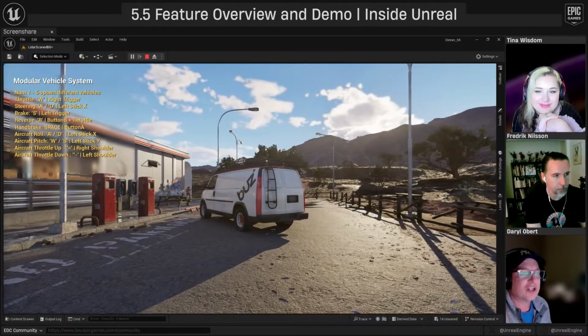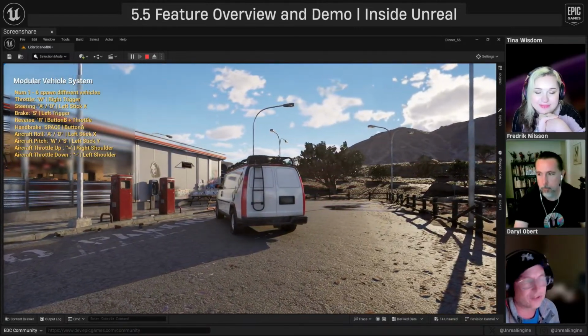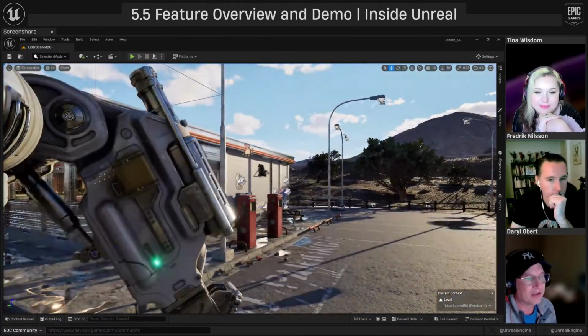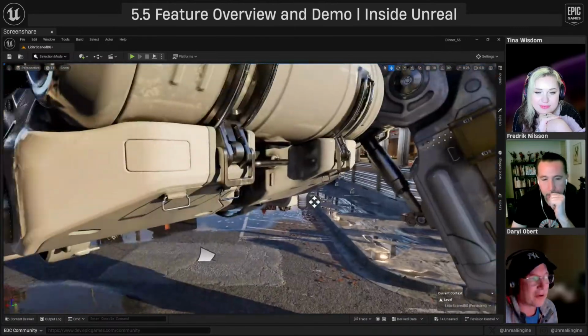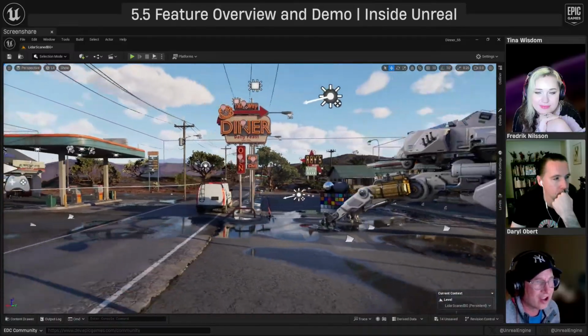There's control for the suspension. How stiff are the springs? How much initial drop does it have? What's the preload on the springs? All that stuff is built into those modules, as well as how much power the engine has, what the transmission is, and how many gears it has. All that stuff's there, which is really cool.